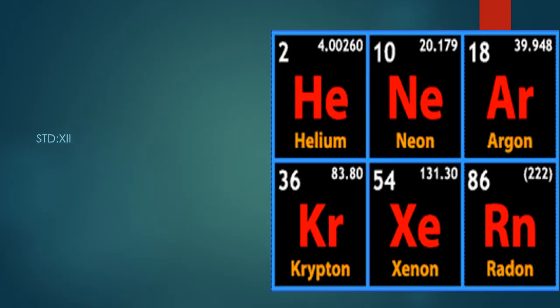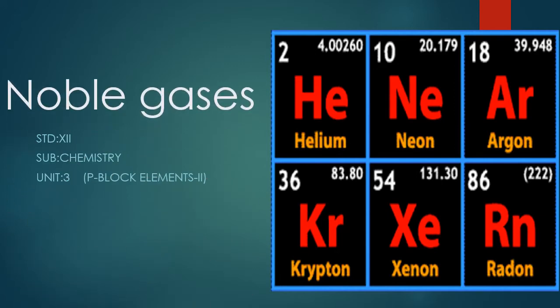Good morning students. Today we are going to learn about group 18 elements. Group 18 elements are helium, neon, argon, krypton, xenon and radon. And radon is a radioactive element. So these group 18 elements are otherwise called noble gases, or they are said to be the inert gases. So in this video, let's see what the different compounds of these noble gases are, what the physical and chemical properties are, as well as the specific uses of all the noble gases.